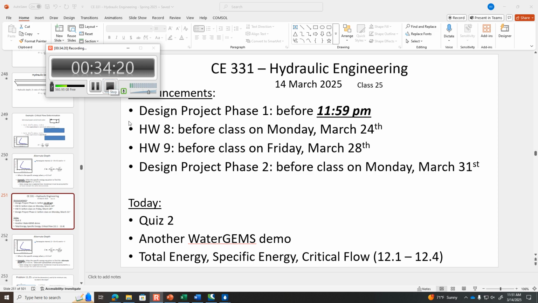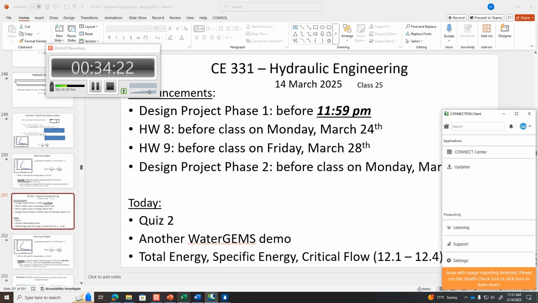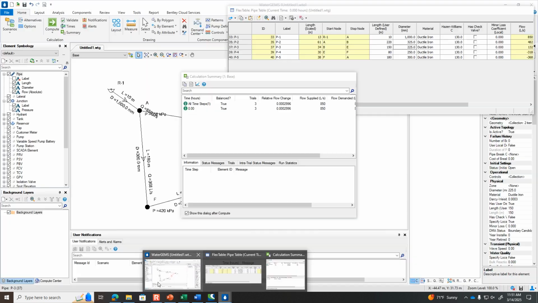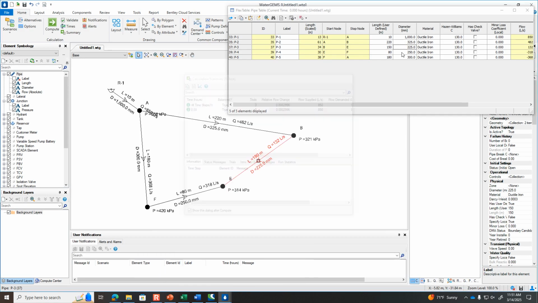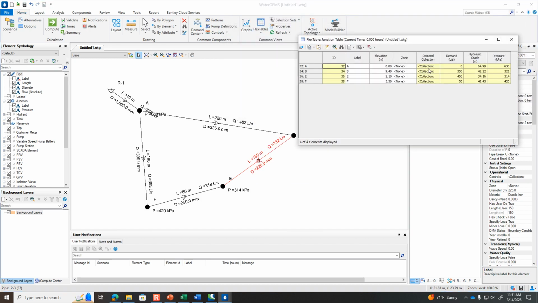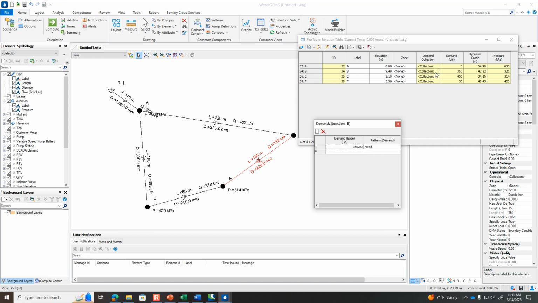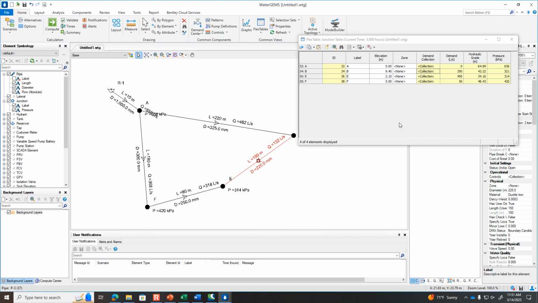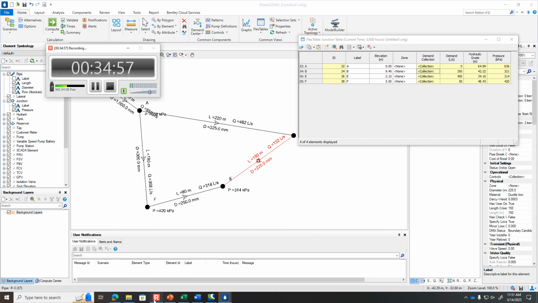Real quick, how did you do the demand collection again? Demand collection. You go to the junction network, and then you just click on the word collection off to the side. And once you do, it gives you this little dot, and you type it in there. Does it not pop up in the column to the right of it then for demand? I don't think until you've executed the model. Once you run it, then it'll show. And if you have water coming